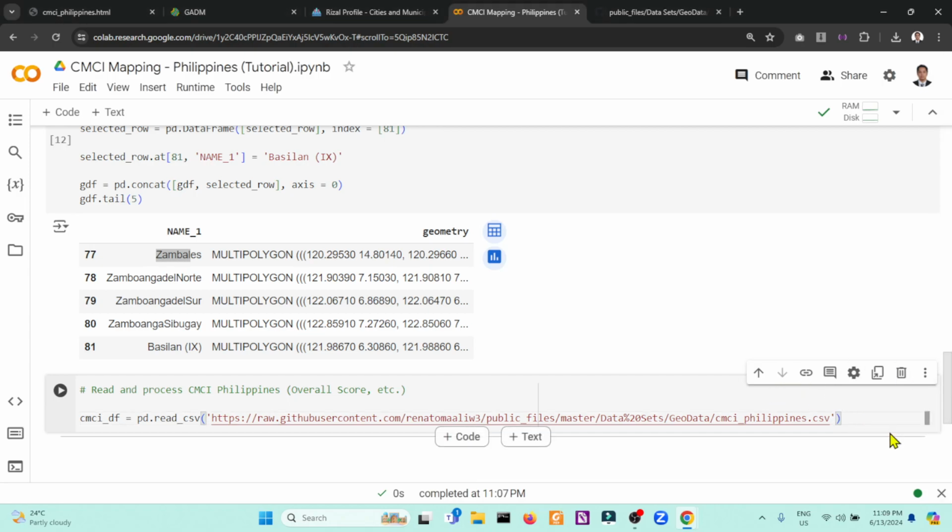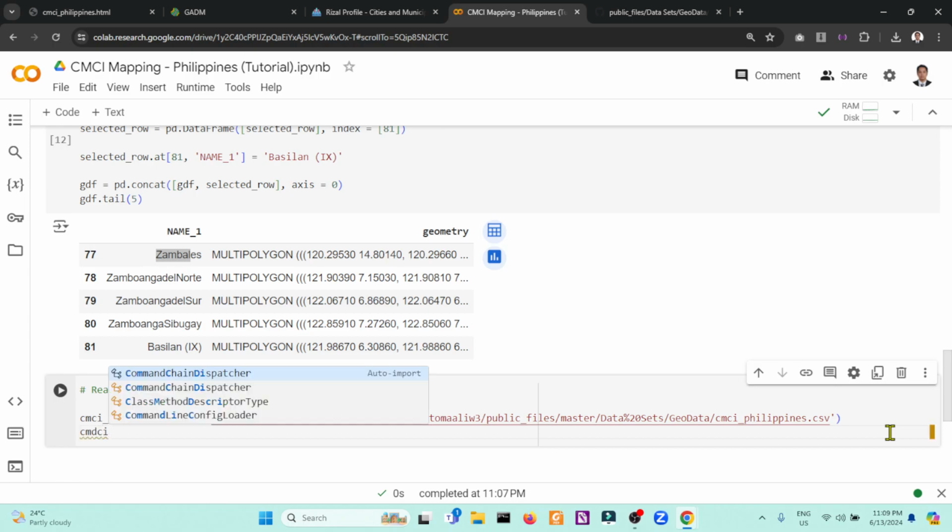Since we're dealing with municipalities, we will remove the Metropolitan Manila area or the NCR, because we're only interested in cities and municipalities here.